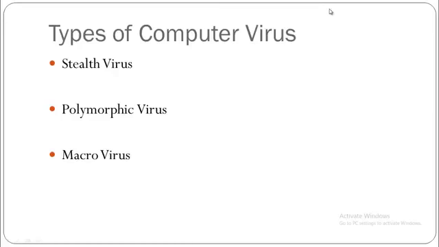In the previous tutorial, I taught you about these different viruses, and I told you that the polymorphic virus was the most dangerous of all, because if you have sufficient knowledge about writing a virus, then you can create one virus and program it in such a way that it creates a Trojan horse, and that Trojan horse again infects the computer and creates a virus, and that new virus goes ahead and changes the binary code. It creates a macro virus.